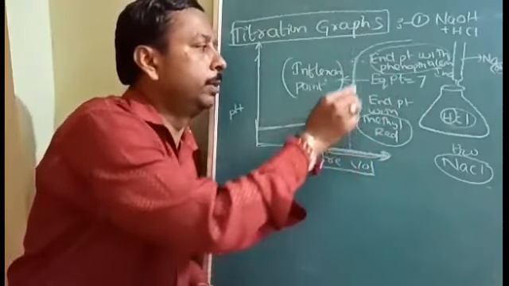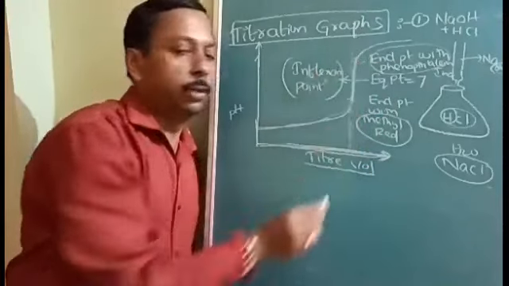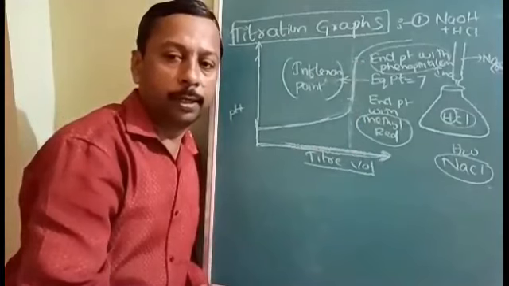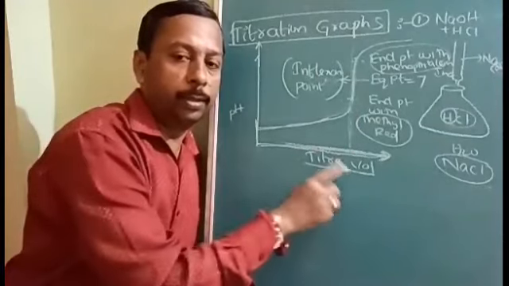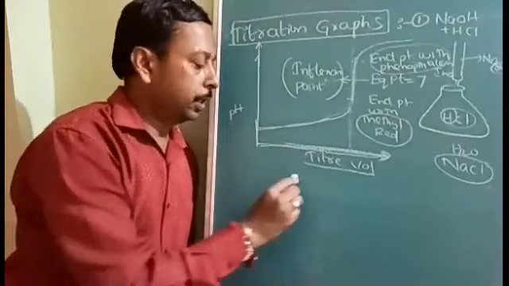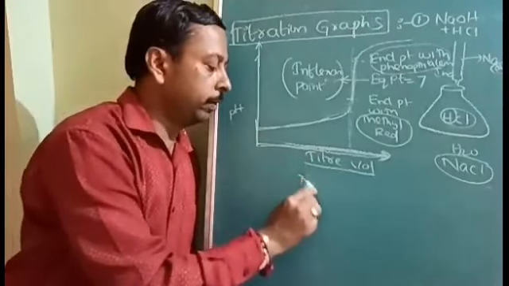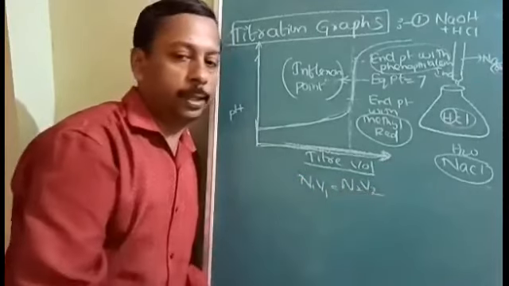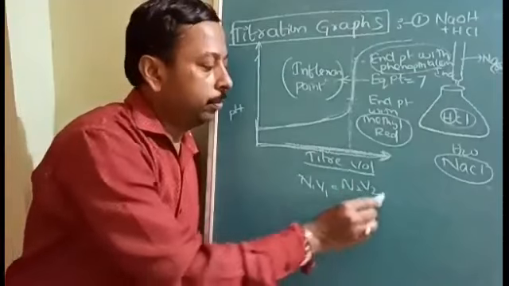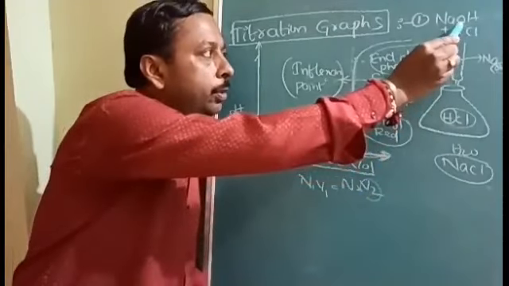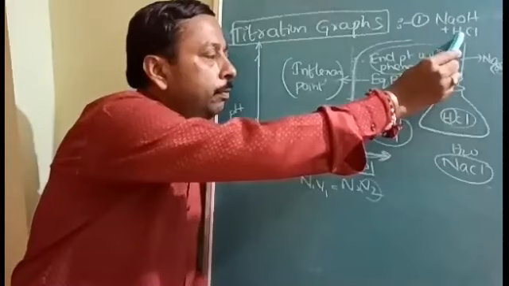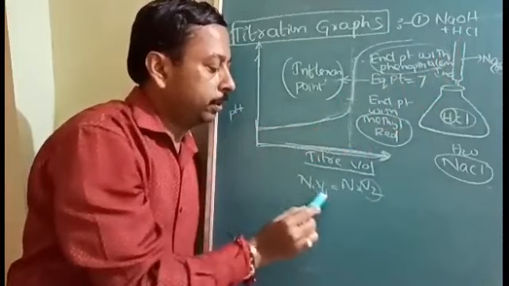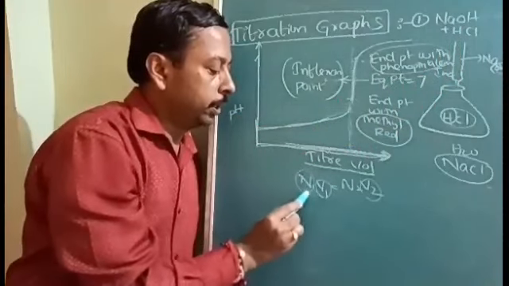See, but the volume is main. So the volume is almost the same. Because of the same volume, there won't be any calculation problem. We are only considering the NaOH volume, because after the salt formation, what formula will we use? N1V1 of acid is equal to N2V2 of base. Here we already know the concentration of NaOH and the volume of HCl. From this we will calculate the volume of base, with the volume of acid already known.